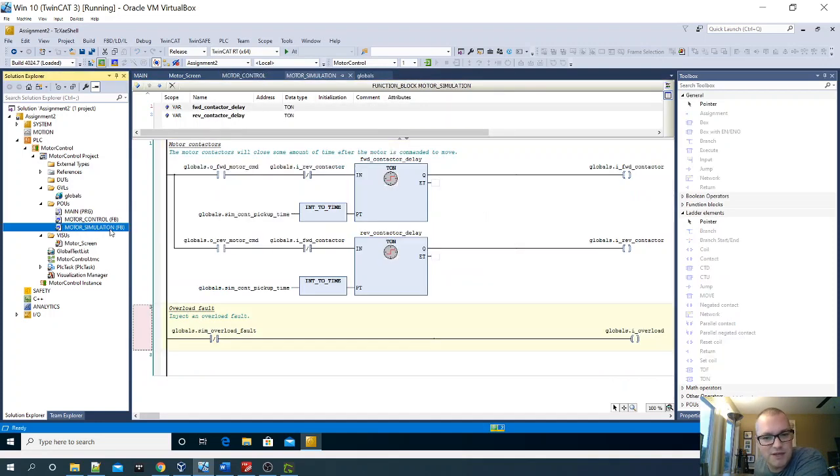So let's get to the simulation. So the simulation is going to be pretty simple. We really only have to simulate 3 signals: our forward contactor, our reverse contactor closing, and then the overload. Okay, so pretty simple simulation here. I'm going to say when we get the forward command to the motor, and I've put in an interlock here that's probably not strictly necessary, but when we get a forward command,